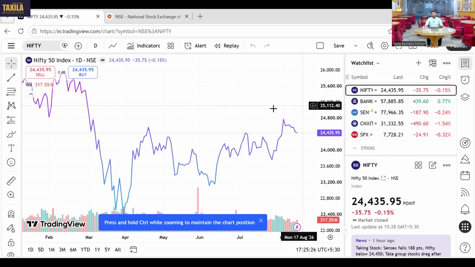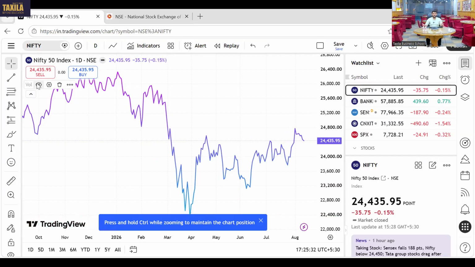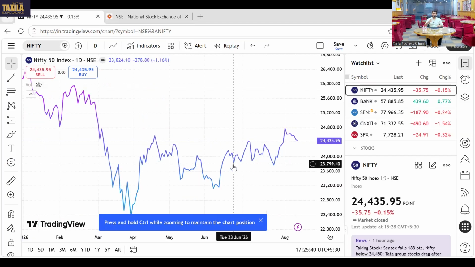Nifty 50 gives you an idea about the market, how the market is performing, how the market is going on. Based on this, you can decide whether the market is performing well today or not. So you need to know about this. If you really want to learn about charts, first you need to know the basics of the market. And one of the very basic terminologies of the market is Nifty 50. You need to know this.